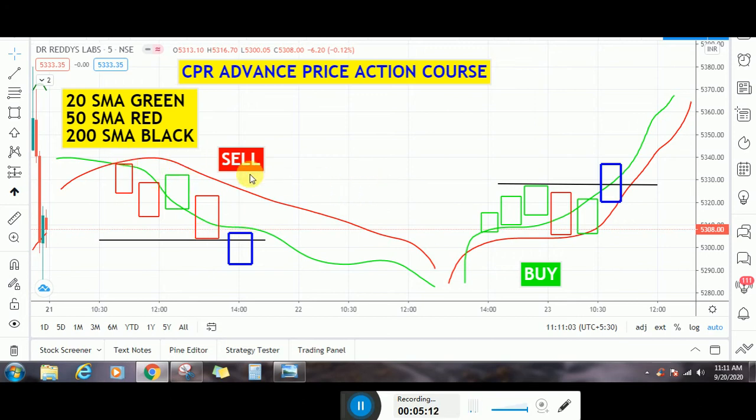You can enter at a fresh low or fresh high. For buying, a fresh high is formed and broken. For selling, a fresh low is formed and broken. Higher high formation and lower low formation are a must in this technique, and the RTP, railway track pattern, is a must. If the railway track pattern is formed after 11 or 12, it's a fake railway track pattern. Consider it fake if formed between 11 and 12, so don't consider that.